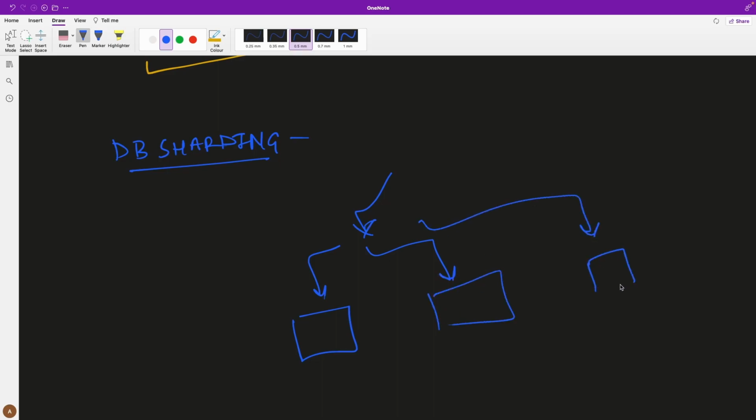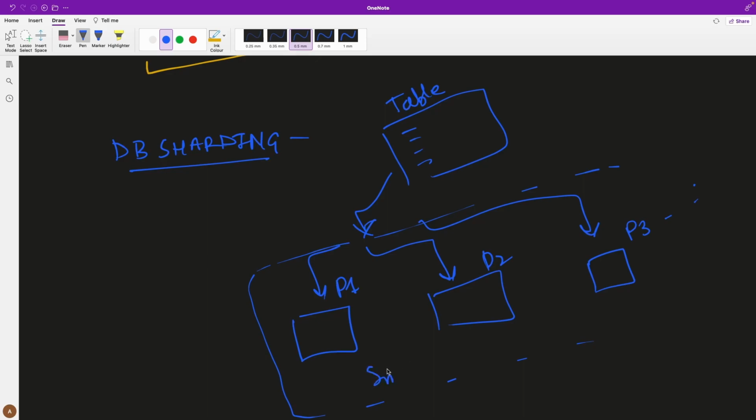So this was your, let's say, big table, and this is your partition p1, this is your partition p2, p3, and so on, right? All of these partitions were on a single machine when we do the database partitioning. Single machine.